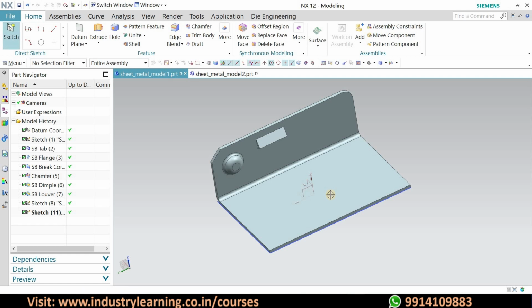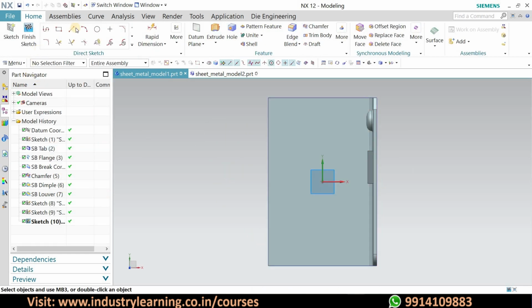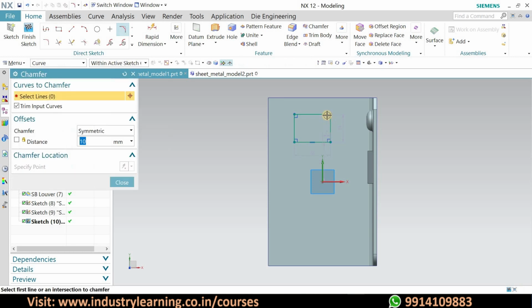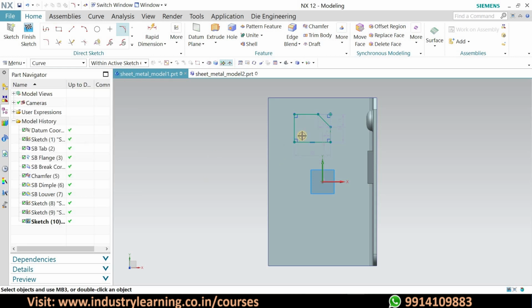For that we will go to sketch, and here we will draw a rectangle, and we'll make a normal cutout like that. Okay, that's enough.